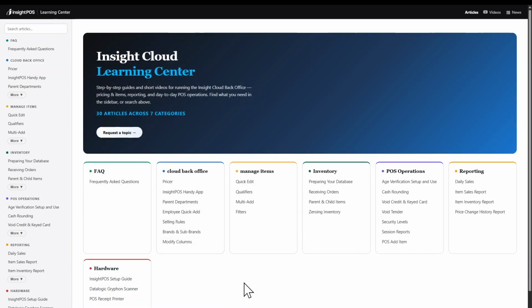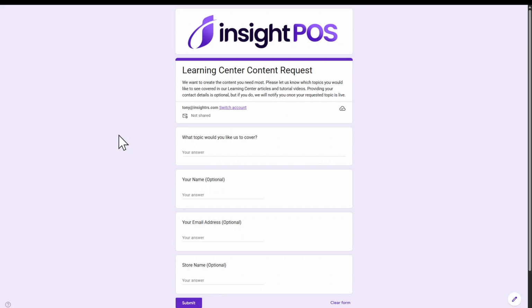If you've browsed through the Learning Center and you don't see the topic that you would like to see covered in an article or a video, just click on Request a Topic. That'll take you over to a Google Sheet where you can type in what topic you'd like us to cover and optionally put your name, email address, and store name so that we can alert you when that article or